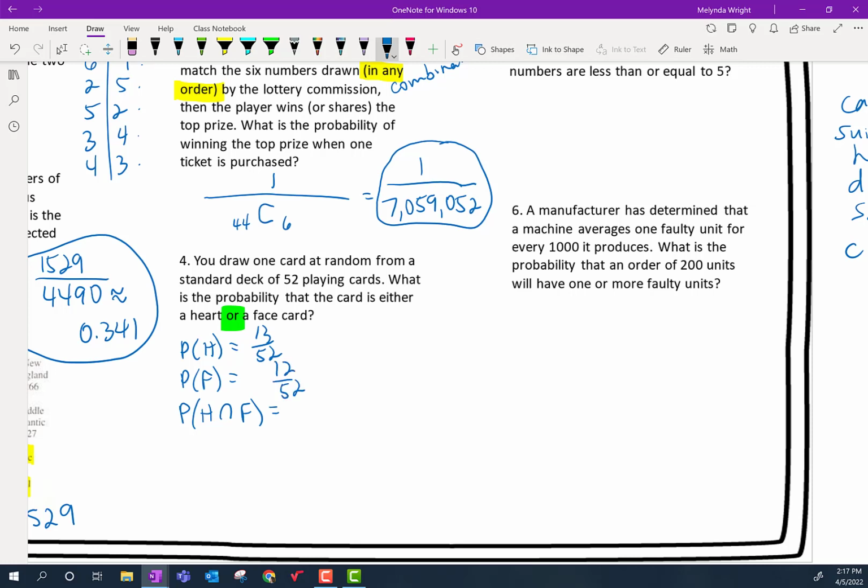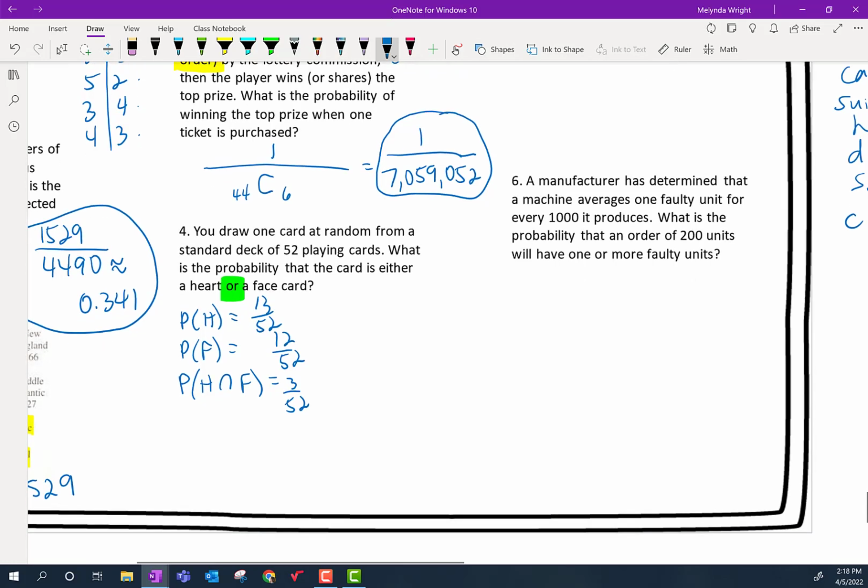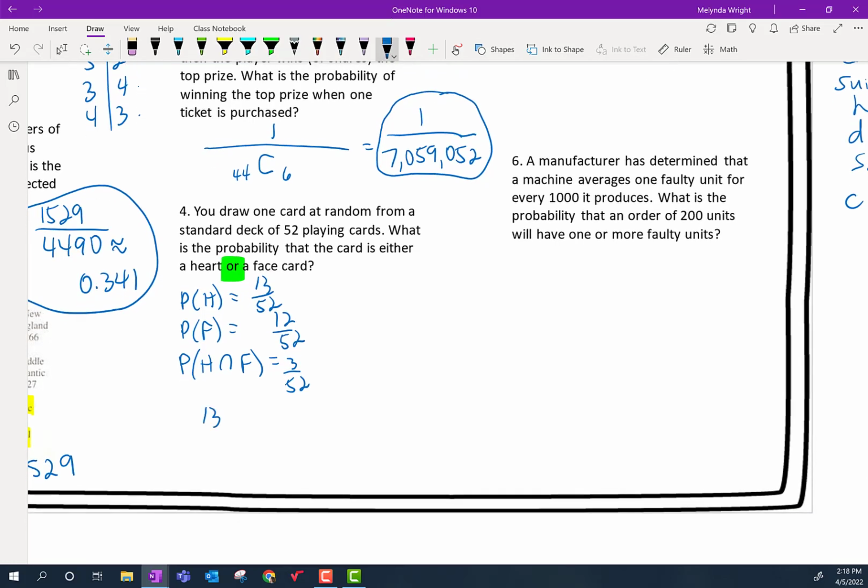Now, do we have hearts that are face cards? And again, we're talking about the whole deck. We're not just trying to narrow down to just a few cards. In the whole deck of 52, are there any hearts that are also face cards? And that answer would be yes, right? There are 3 hearts that are face cards in the whole deck. So we're going to use that formula. We're going to add together the first 2 probabilities, and we're going to subtract out